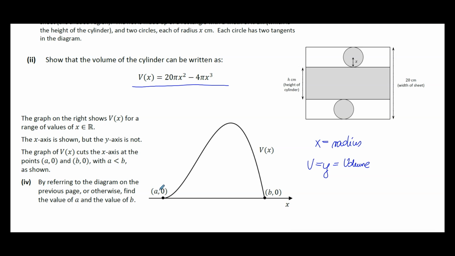So when I'm looking at these coordinates, that is radius, that is volume. That is radius, that is volume. So for both of those places, volume is 0. Now we can do the calculation. We can put 0 in place of volume and therefore solve that